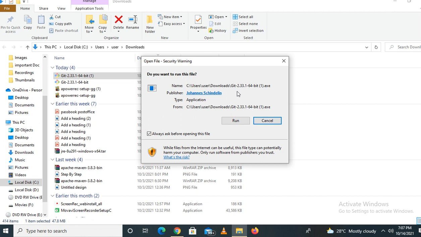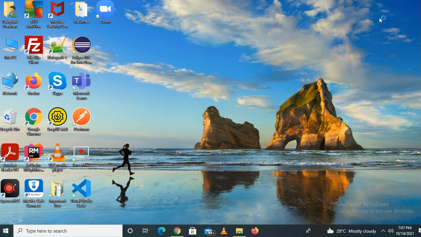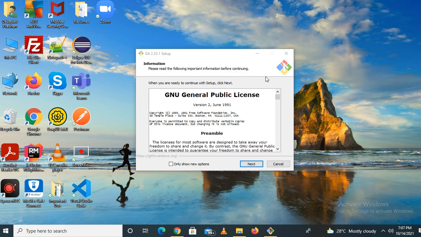You will see this is the first screen to run this exe file so that we can install Git in our system. So please click on this run button. Just minimize all these windows. Yeah, this is the public license page. We should always see this page in every software we install. So keep clicking on next,